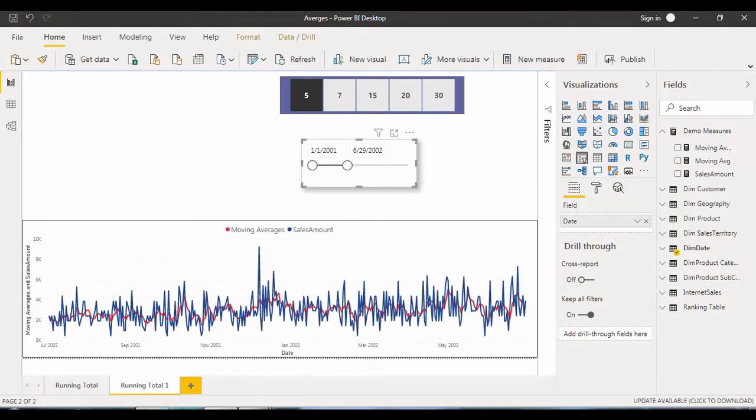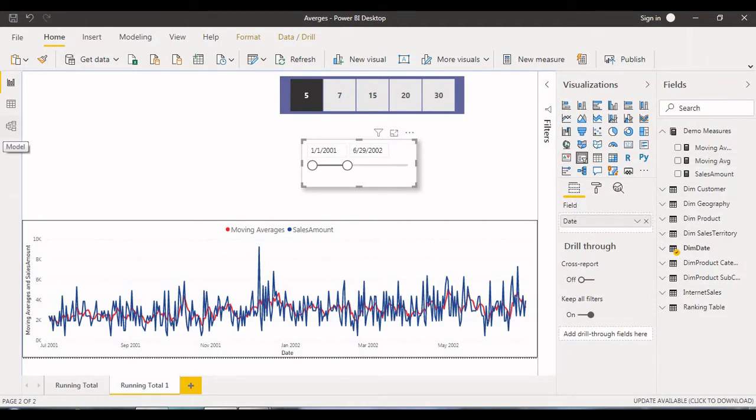For time's sake, I have already designed the report, so I'll try to explain each and every step of what I've done here. Before getting into the details of the report, let me explain which tables I have imported to design this report: customer, geography, product, sales territory, dim date, category, subcategory, internet sales. These are the tables I have imported from Excel, and we'll also try to understand what kind of relationship we have established between the dimension tables and fact tables. Understanding relationships is very important in Power BI. We'll try to see that also.